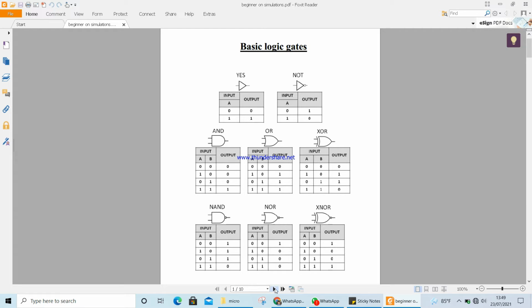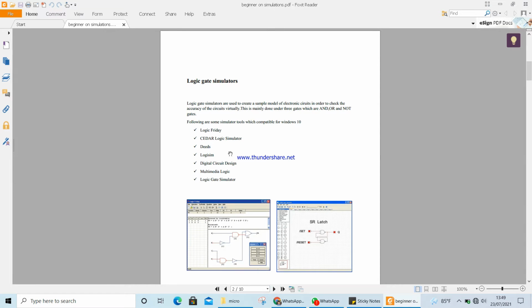So let me show you some simulation software which is available for Windows. Some of the simulation software which is compatible with Windows 10, I have chosen some here. You can see one is Logic Friday, the other one is CEDAR Logic Simulator, and this is DEEDS, and Logisim, Digital Circuit Design, Multimedia Logic, Logic Gate Simulator. So you can see